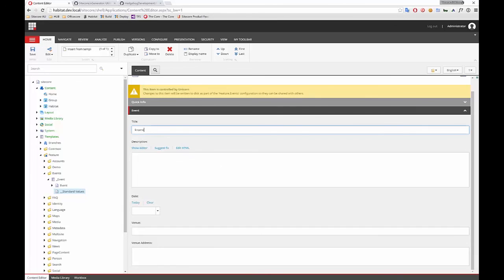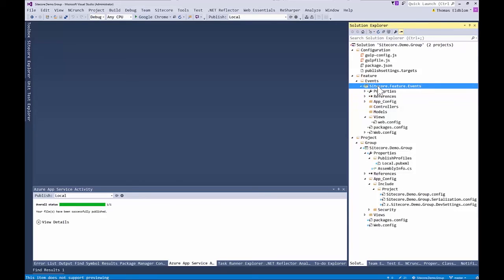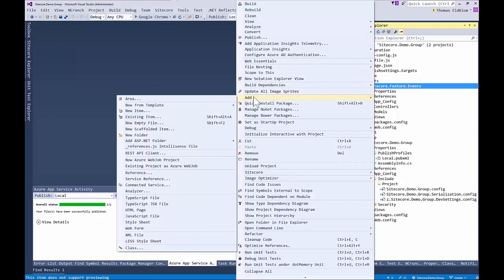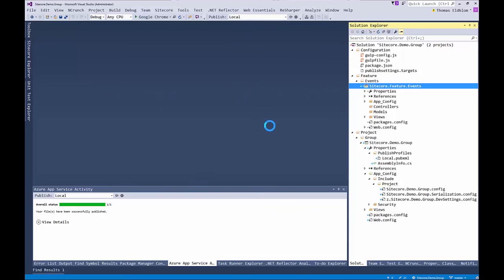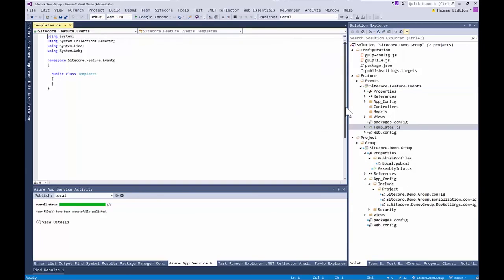Now, the second thing we want to do is then wire that up in Sitecore. So in Visual Studio, we'll go over to Visual Studio. And we add a new class here called templates. To the events project? Yes, because again we're working with the events templates, so we need the templates class to be in the events